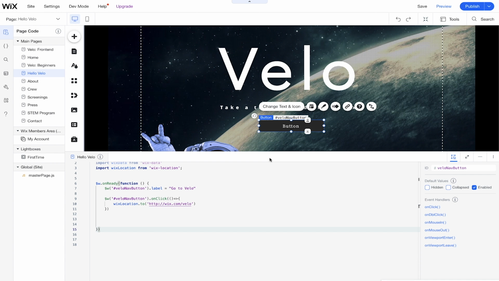So now that we've navigated to wix.com/Velo with the Wix location 2 function, we're going to talk about the Wix query function with Wix location. So querying is going to help you navigate to a new page and also get results based on what you typed in your query. So let's say you had a database full of planets and you wanted to get a result on another page from a search, and it's just going to show all the planets that are gas giants, right?